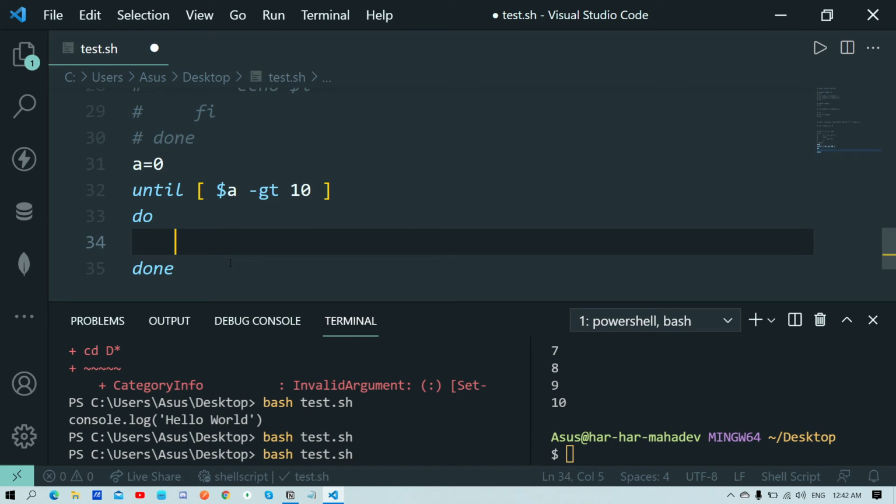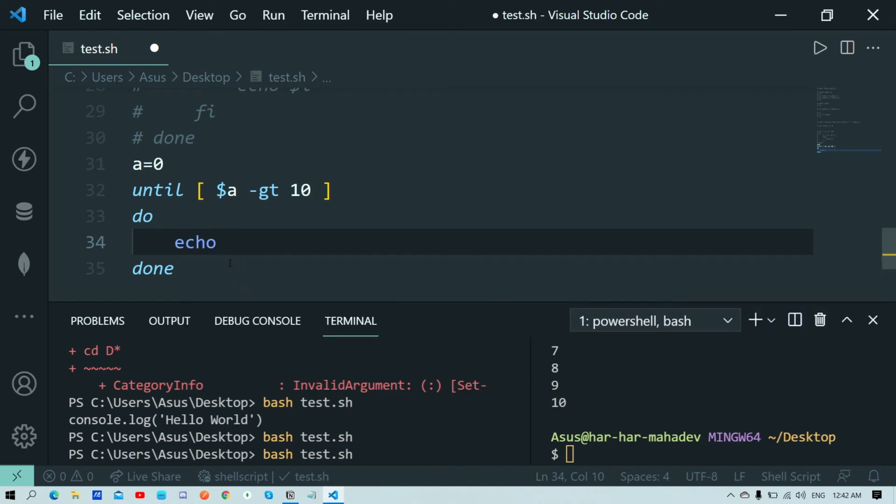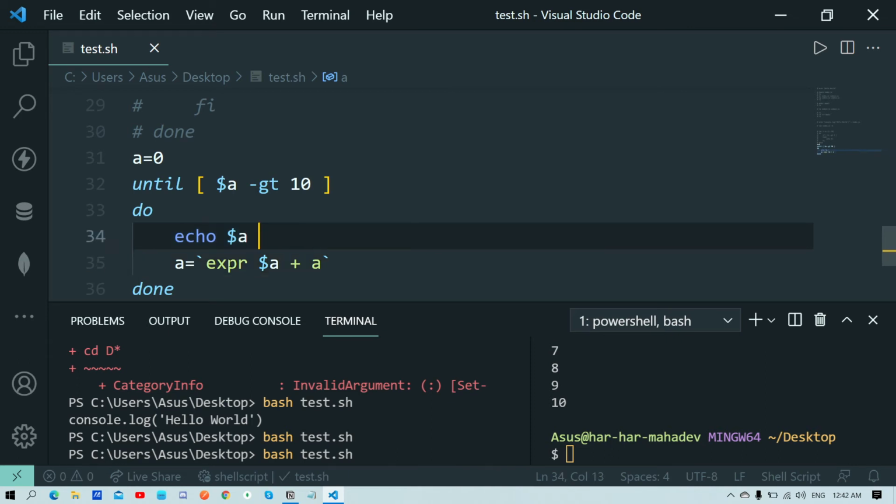And we will use echo $a, and here we'll use an increment. The increment is a little tricky over here: a equals expr, space, $a plus 1, like this. Make sure this is for incrementing, and that's it.